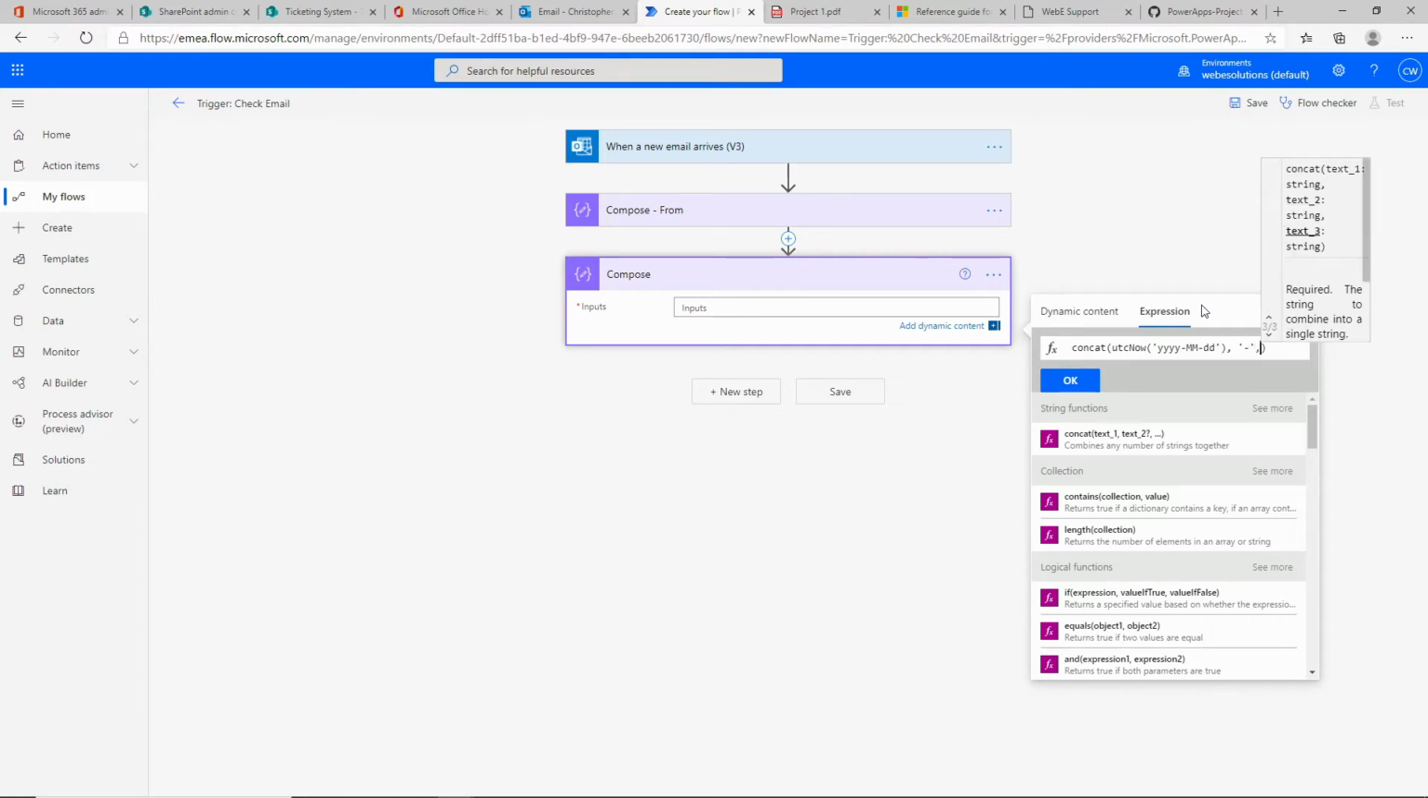And then again, we're going to add a comma, and here we're going to be adding our random number. So we're going to be using the function of rand, open close brackets, and inside the brackets, we're going to be adding two numbers. So the starting number and the ending number. So our random number will be between these two numbers. So between 1000